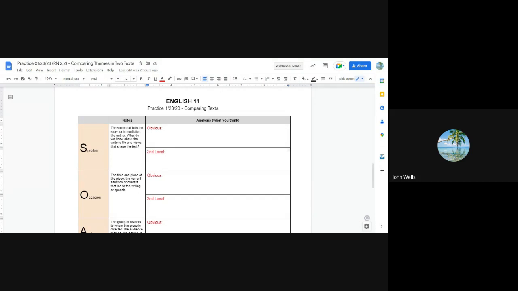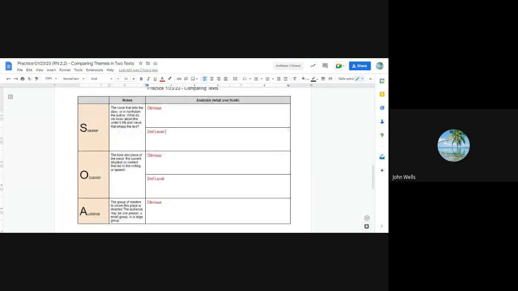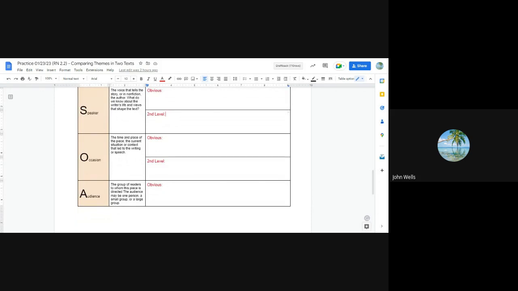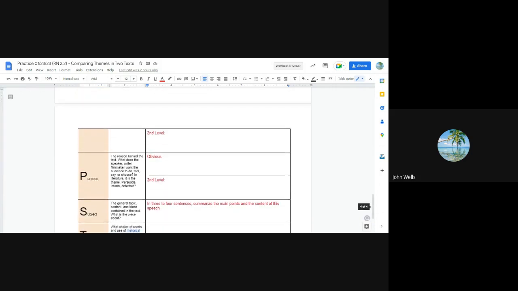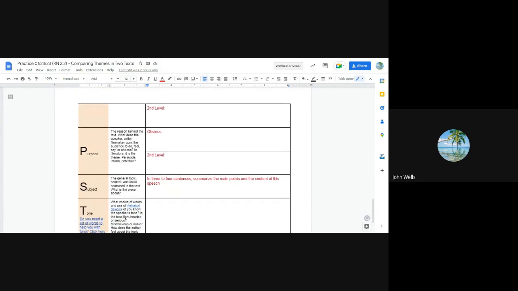So again, speaker, this is who is giving the speech, right? The occasion, not just when and where, but really about the why this was done. Why was this taken on? The audience, the obvious audience, who was the president speaking directly to, but then who was he hoping to reach? Who was he hoping would actually hear that message? And then the purpose, that is, again, why was this done? What was the goal, right? What was that president trying to accomplish? And again, there's the obvious, right? Like, I'm here to speak to you about blank, but what was he really trying to get to happen?